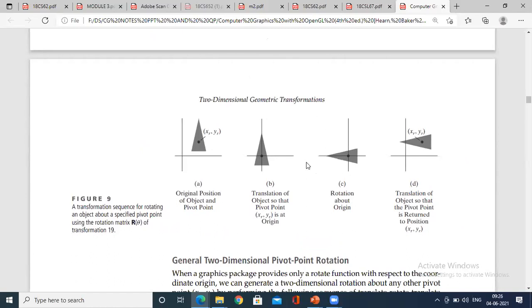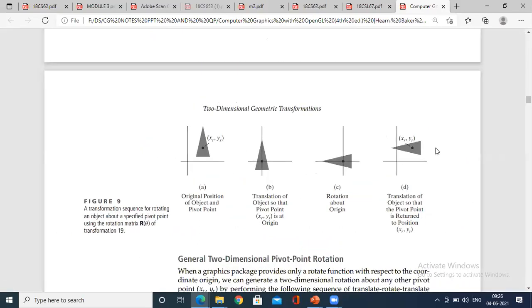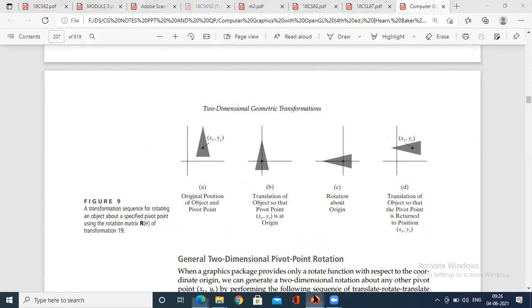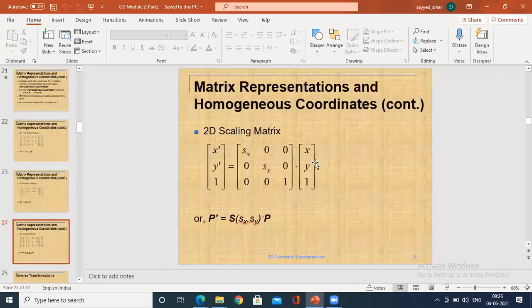Now coming to rotating an object about a specified pivot point using a rotation matrix. So here is a concept, right? First, what we have to do is